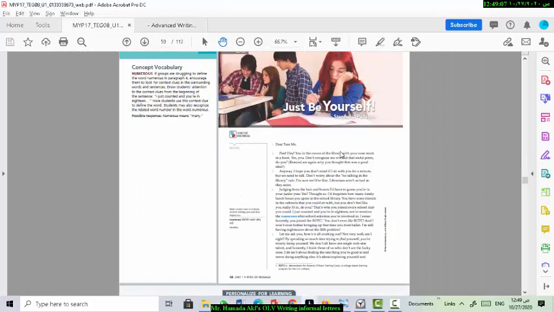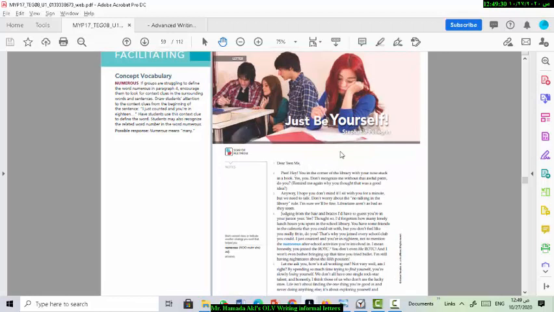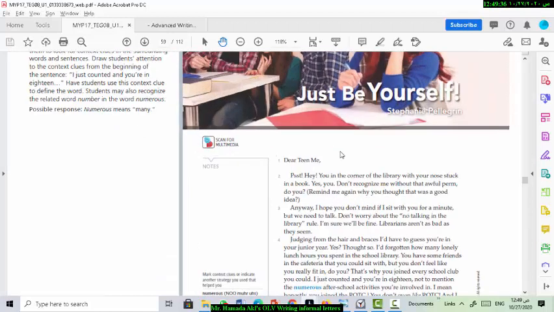We studied this selection throughout this week. It's called Just Be Yourself. This letter is somehow different from the ones that we're learning today, but anyway, let's have a look at both. In this letter, you're sending a letter to your younger self. The author here started with number one, that's the greeting, ending with a comma. Dear person, because she's talking to herself, so she said,